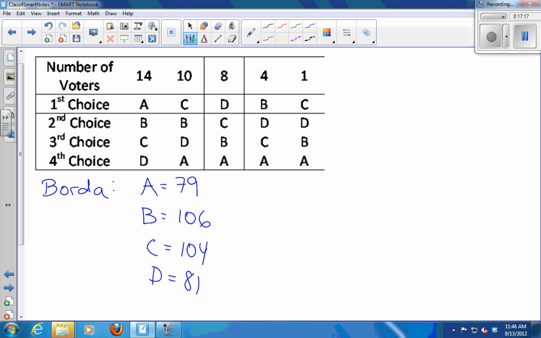So that means that B wins, right? So B is going to get first place. B gets first. Now I have to eliminate B and do Borda all over again with only candidates